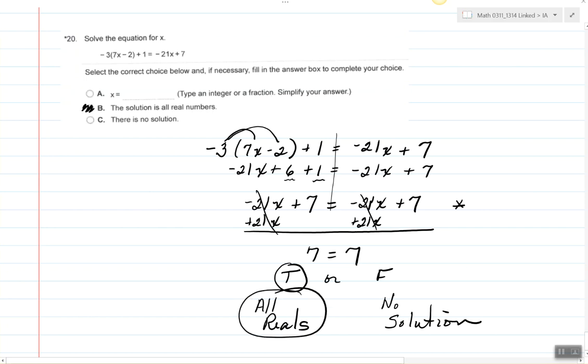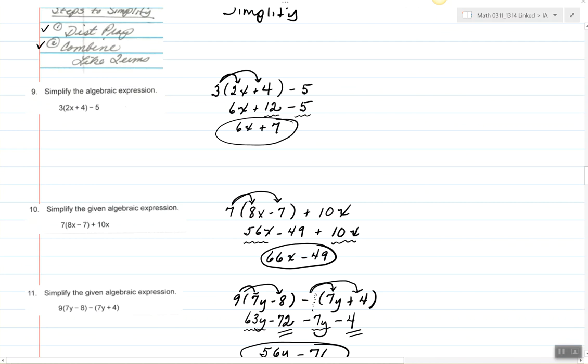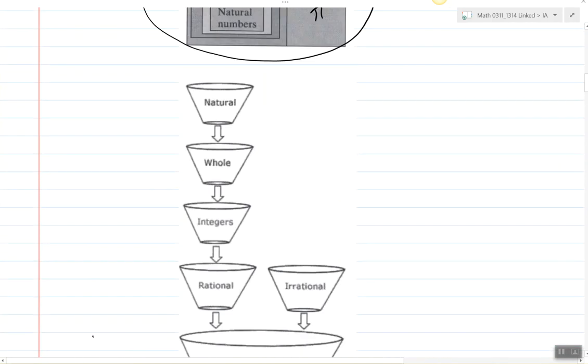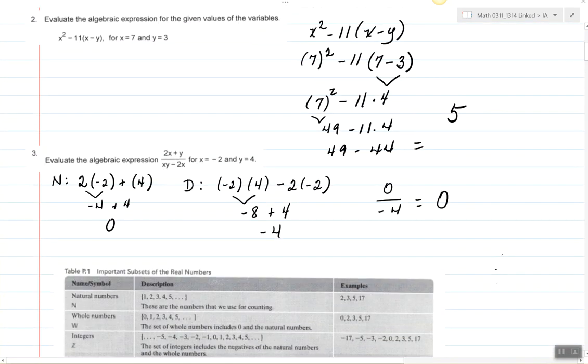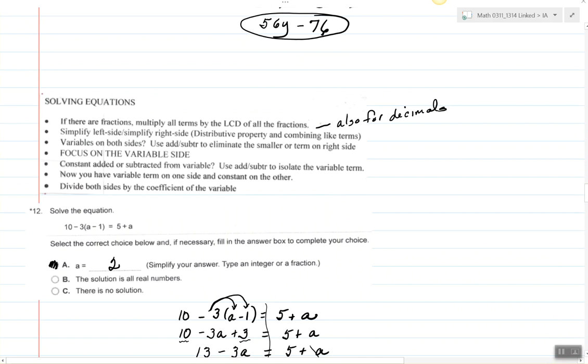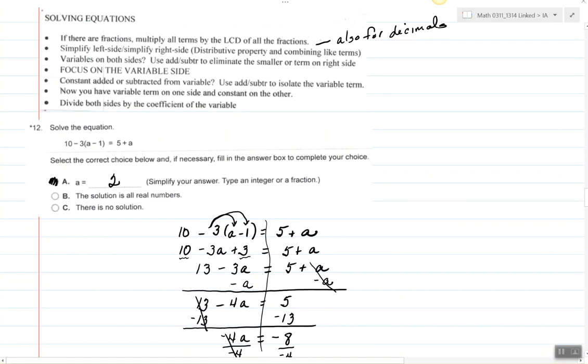So here we go. So that is a review of some introductory topics. If I scroll all the way back up to the top, which I'd like to be able to do, there were lots of topics that we covered. We had properties, we had sets of numbers, we had simplifying expressions, and then we spent the bulk of our time, we did more simplifying, we did evaluating, I'm sorry, I misspoke a minute ago, and then we spent the rest of our time solving equations. So I wanted you to just get back up to speed on those skills, and we'll be moving on in the next lesson.